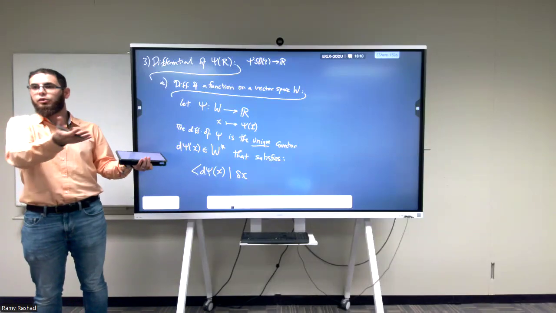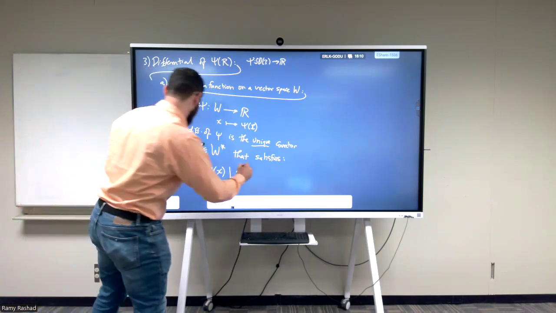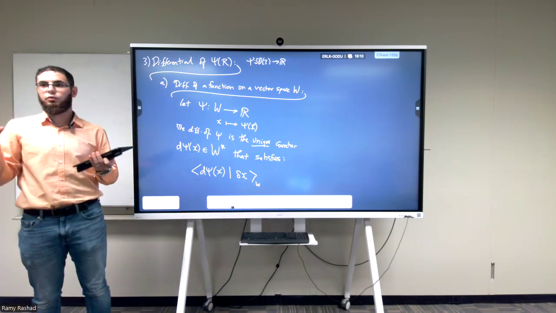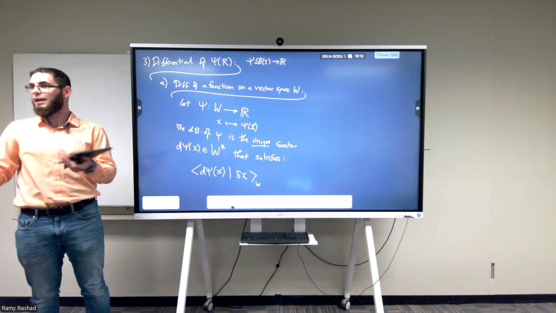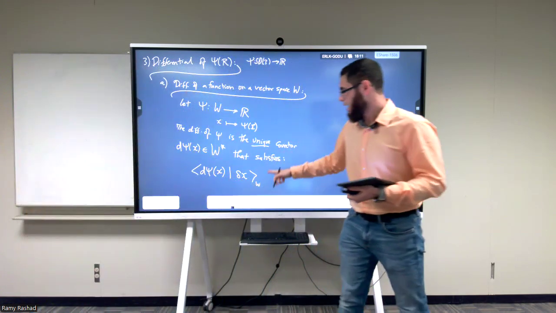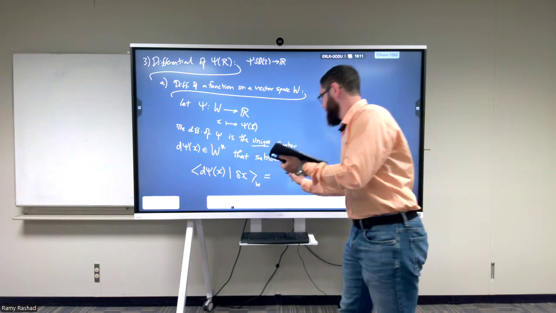Okay, we can write it in any other notation, but you're going to find this standard notation in, I would say, a lot of math textbooks. And this is the pairing of the vector space. So we need to look at the vector space so that we can take the pairing between this covector and the vector. If you have this left-hand side,